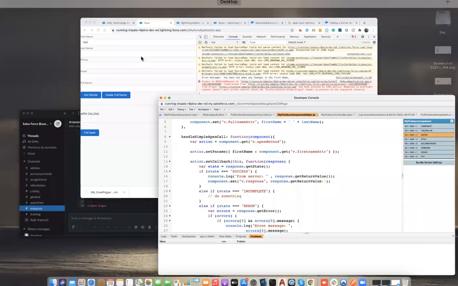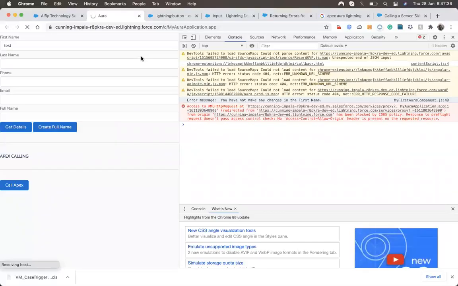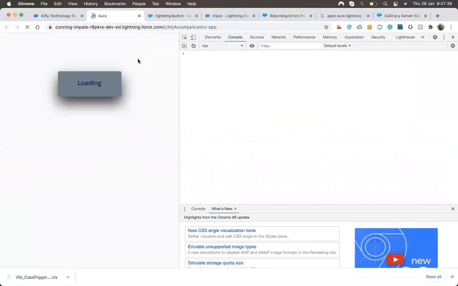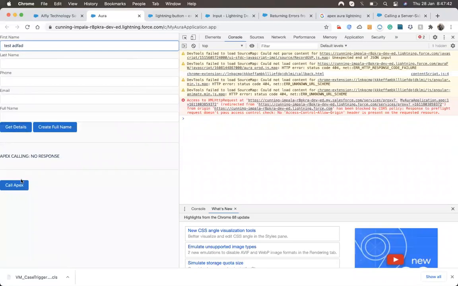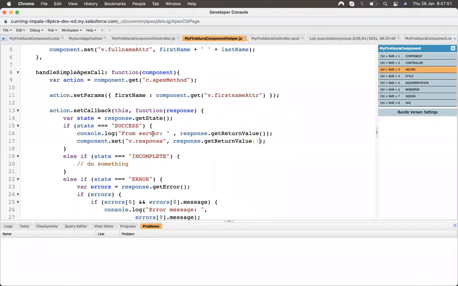Okay, so let's call Apex. So you can see that it's changed. So this is the way the things are working.